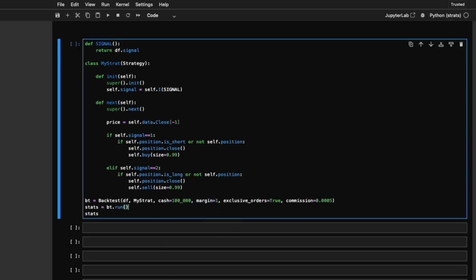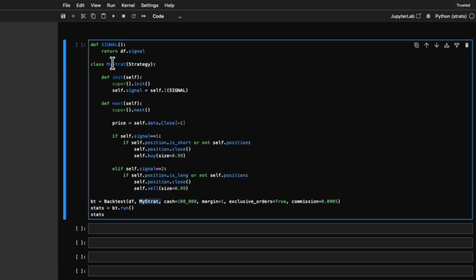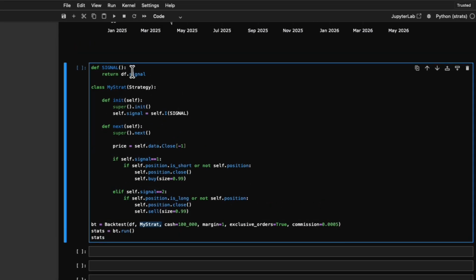So no leverage applied in the portfolio. We never start with leverage at all. And then our starting cash is going to be 100 grand, and we're going to be using the data in DF, and we're going to be running the MyStrat strategy class here. So effectively for this code, all it does is take in the values for the signal column, creates a strategy class called MyStrat, initializes the strategy and the data in the signal column here,